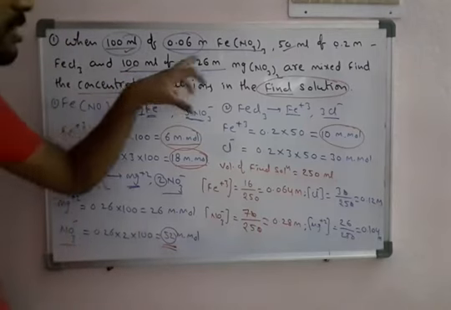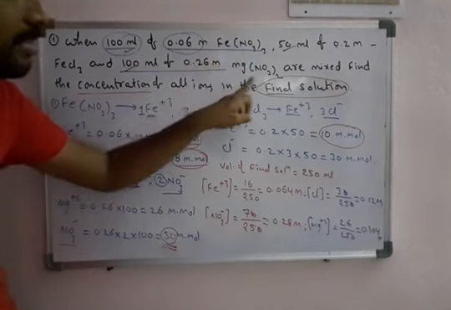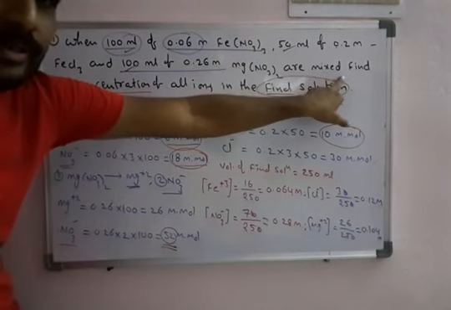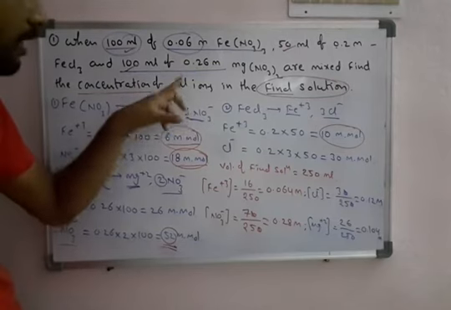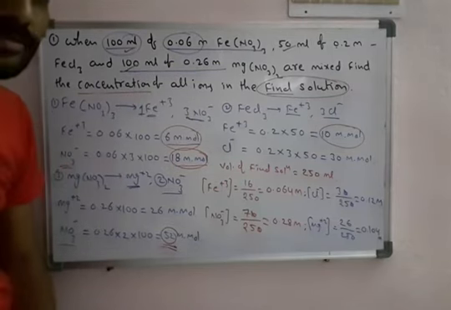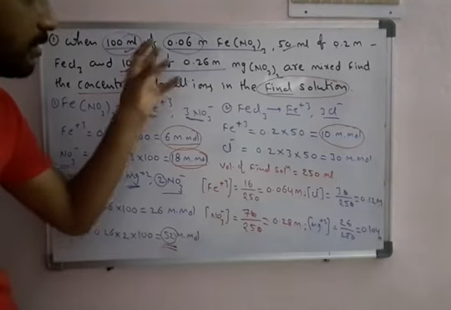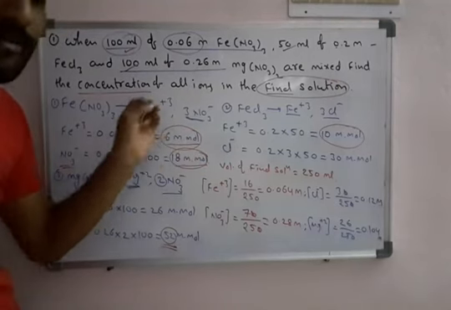Here three solutions are given and it is said that all solutions are mixed. We need to find what is the concentration of all ions in the final solution. So if the three different solutions are mixed,